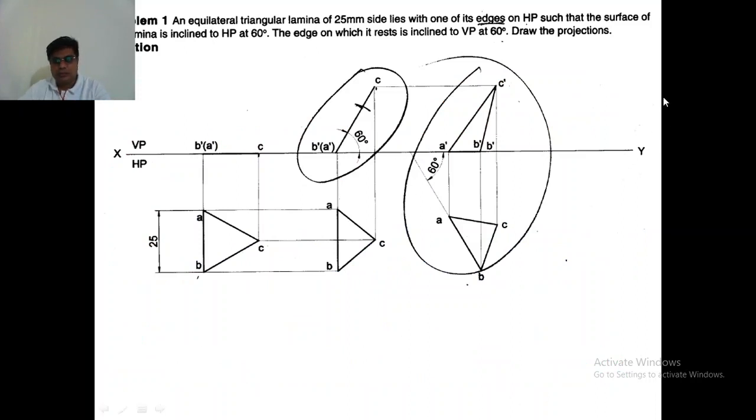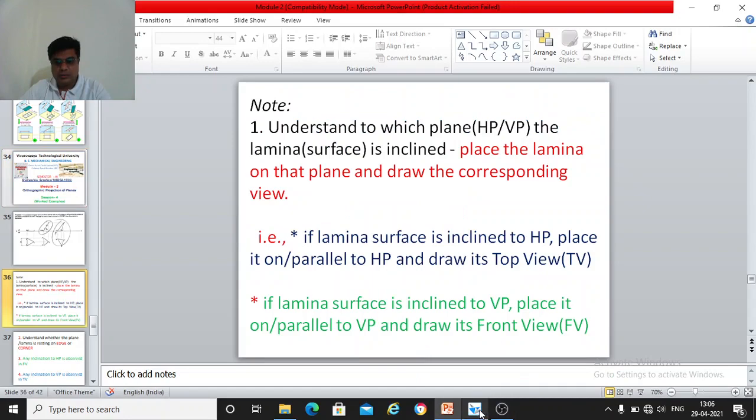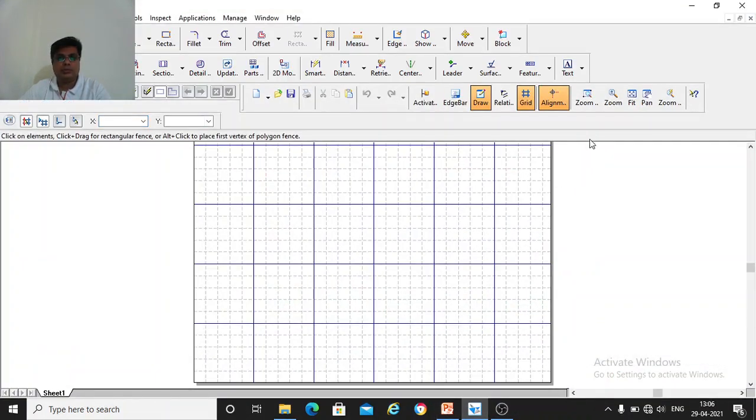I'm using this online computer software here to show how to draw these projections.